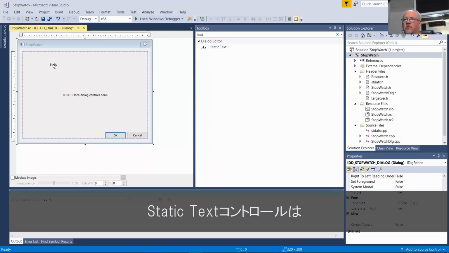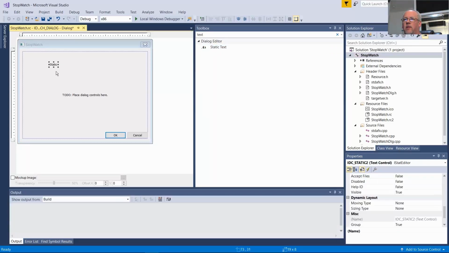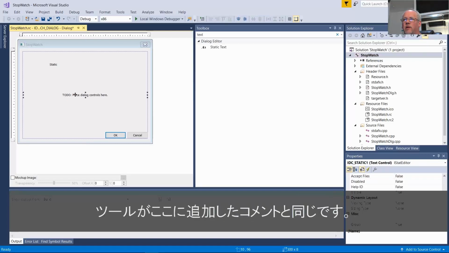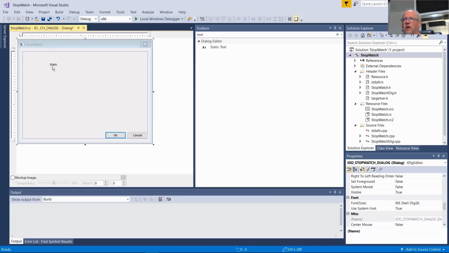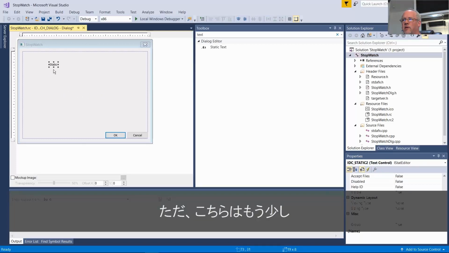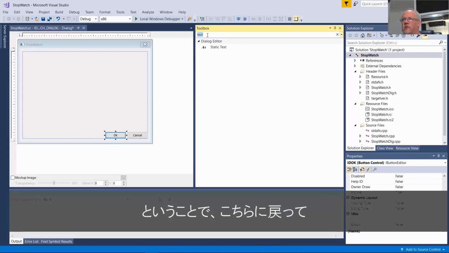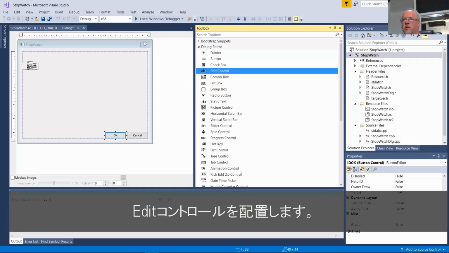So a static text control is a read-only visual text component, and does not have any kind of frame or background, similar to this to-do comment here that Microsoft put for us, so we can remove that. But let's say we want something that's maybe a little more visually appealing, so we'll go back to an edit control. I think that's a better option here.